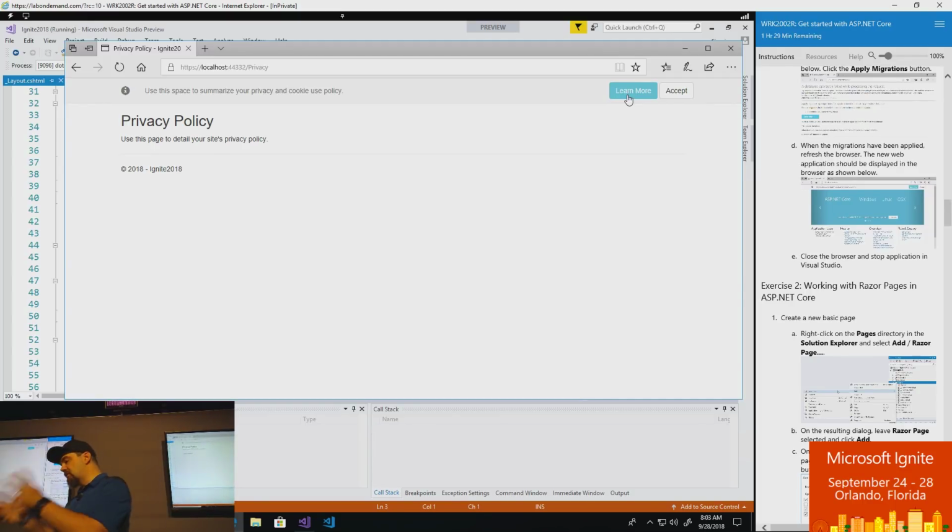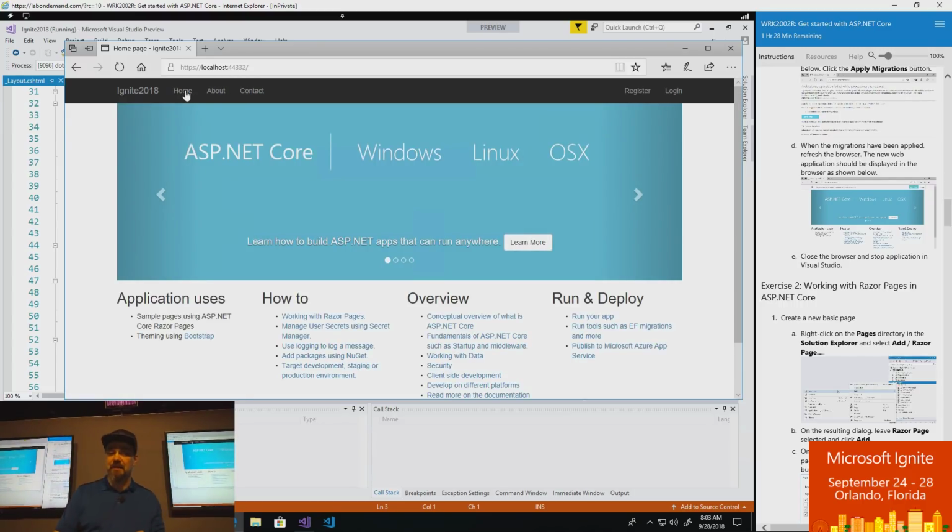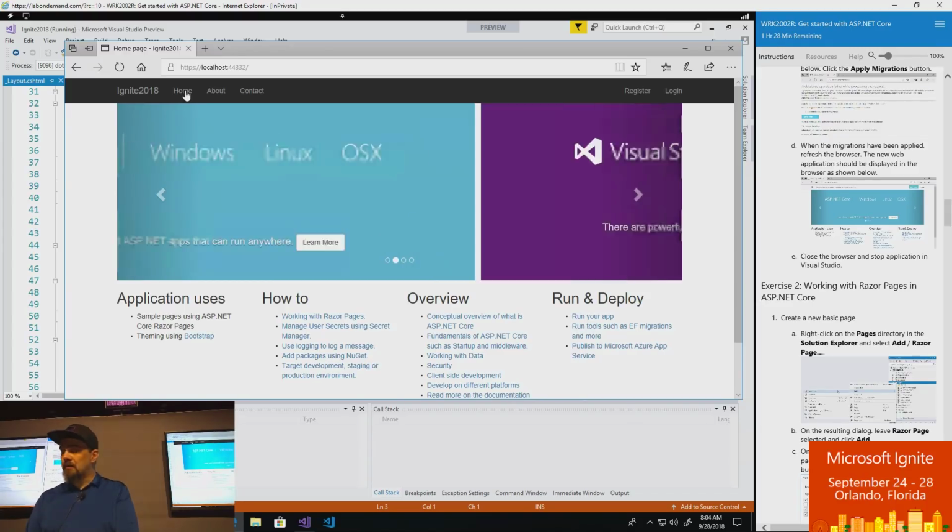And this is a page that you can put your privacy policy on for your application so that everybody knows that you're not using their machine to mine Bitcoin, all right? That you're out there and you're just interacting with them and you're only capturing just those data points that you need in order for your application to work with them. If I click Accept, it goes away and now I get the menu and I can interact with the application. And it looks and feels like a standard template application. So, let's keep wandering around here and